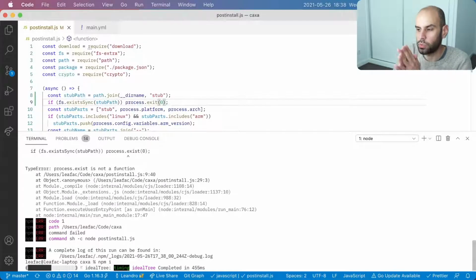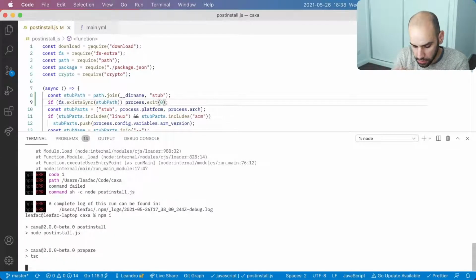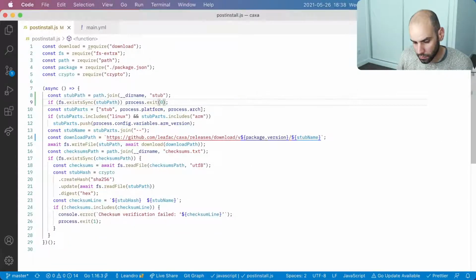So what we are doing here is we only install the stub if the stub is not already in place. And I think this will fix the error I just mentioned on building the GitHub Actions thing, but it also makes sense. If you are working on the stub itself, then you may be compiling the stub locally, and in that case you don't want to override your stub because you ran npm install. We talked about this yesterday, and I was like, okay, it doesn't really matter if you overwrite the thing, but now I'm taking it back. I think that we should not overwrite the stub.